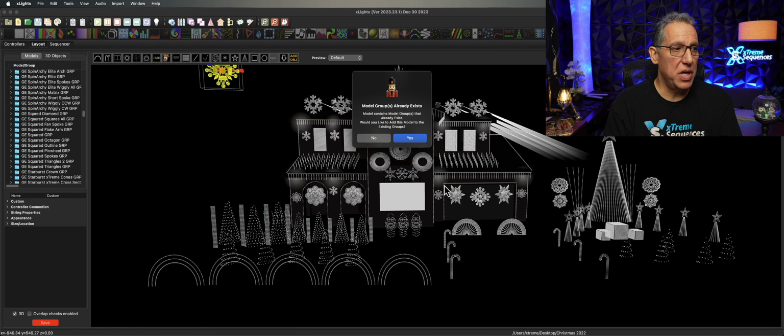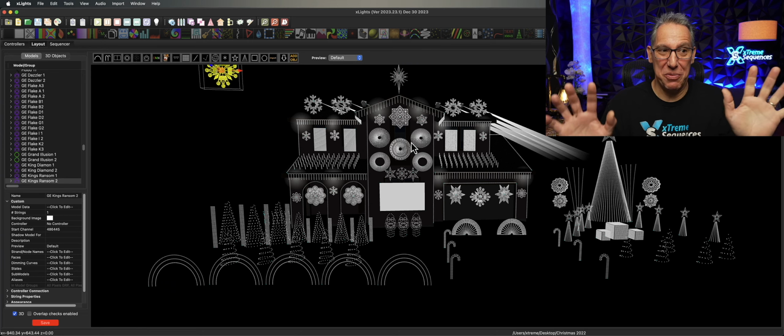That means it already recognizes other models over there, such as squares all, fan spokes, and squared flake arm, whatever the model is for King Ransom. So you say yes. Click yes. That's it, so that was simple.